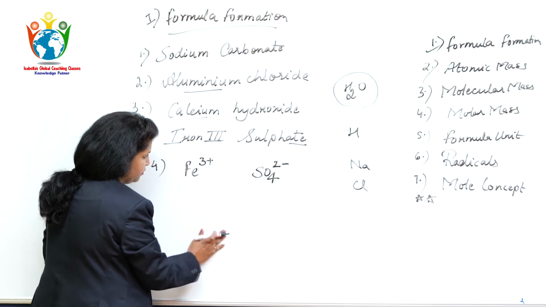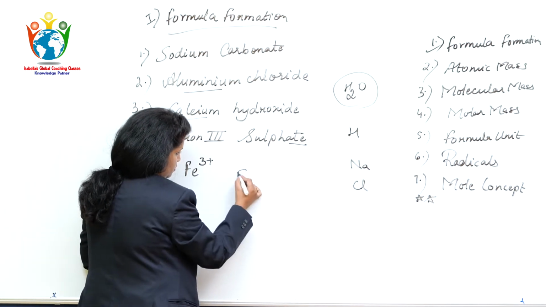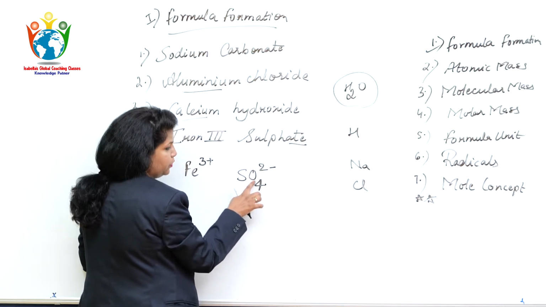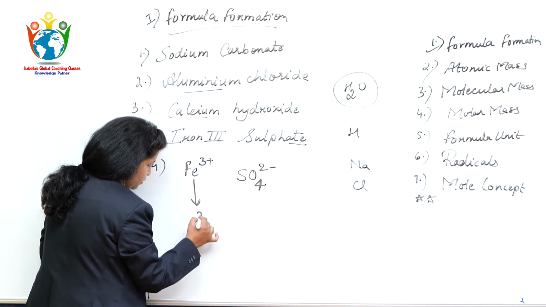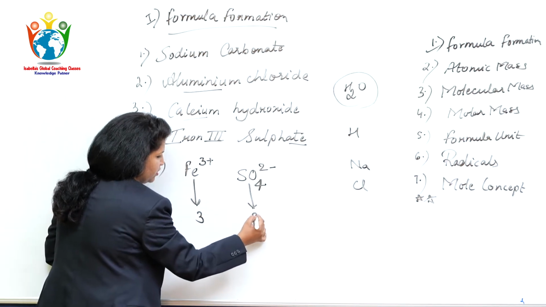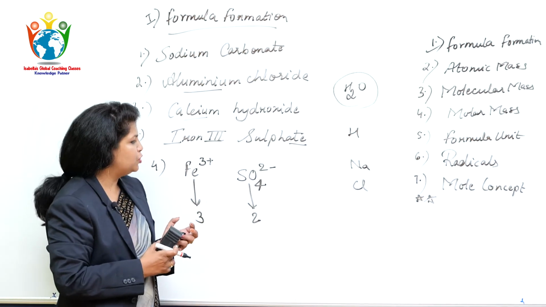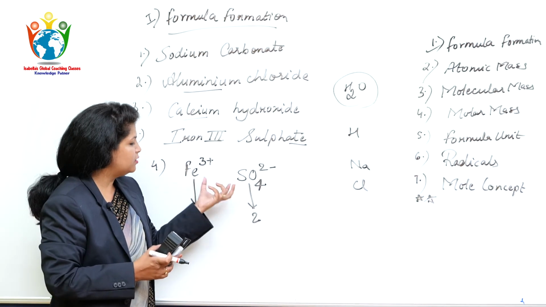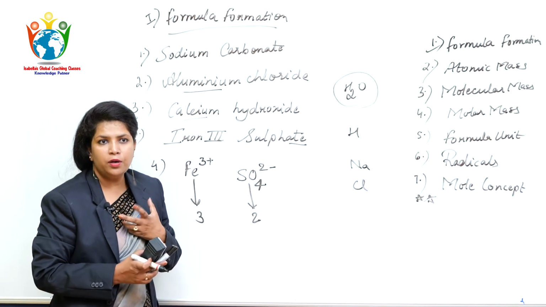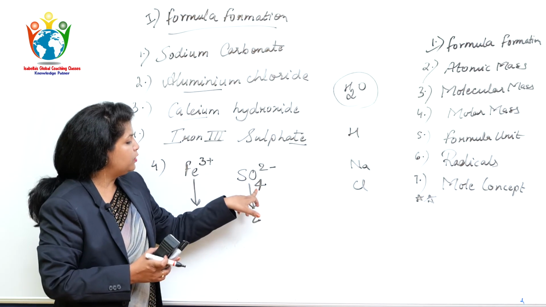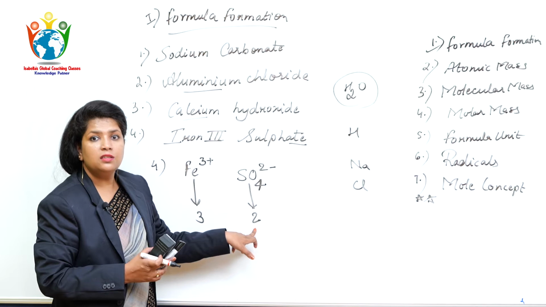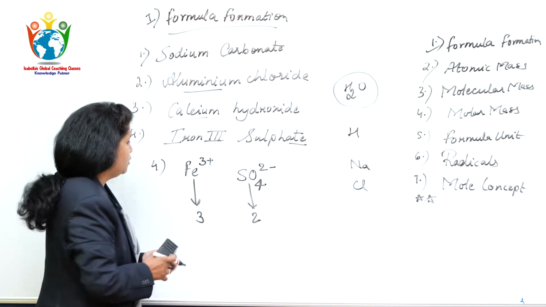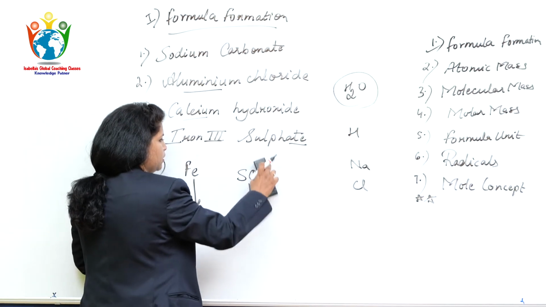Now I have written it very far. I will write it a bit closer. SO4 2 minus. Now again you see S capital, O capital. S is for sulfur, O is for oxygen. 3. Some children, I would not say foolish, but they actually don't understand the chemistry, what the elements are. The entire chapter gets over, but they don't understand. What they will do is copy down this 4. That is the biggest mistake children make. The charge which is given, this 2 minus, you need to copy down, not the 4. So I'll rub this. Okay.